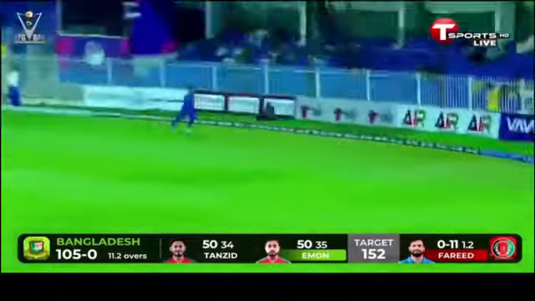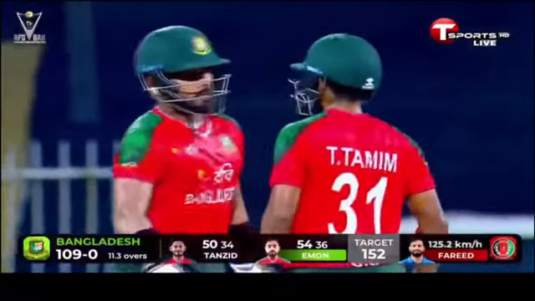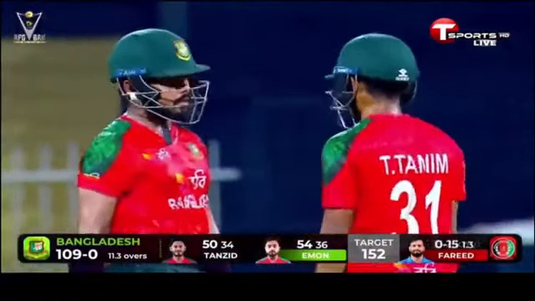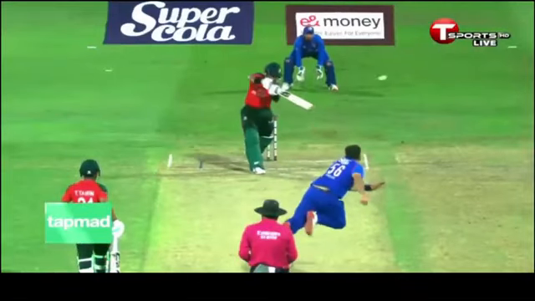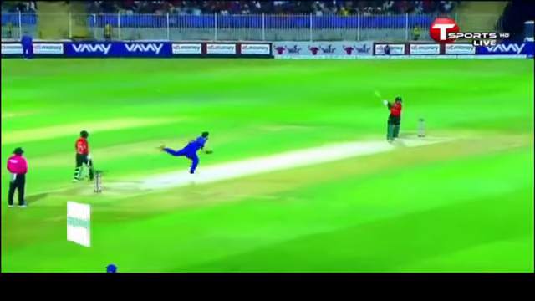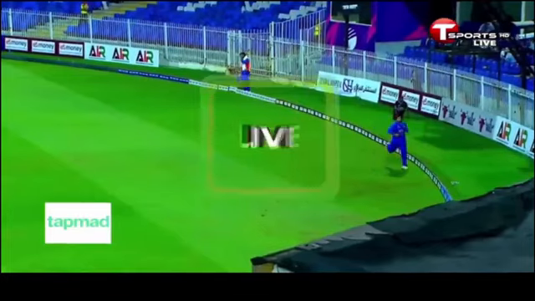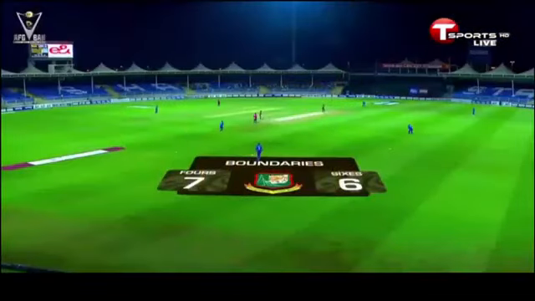Over the top, into the offside, sailing away for 4. Afghanistan hemorrhaging runs. They move past the previous 108 to 109 for their team. What a shot that is! On the offside, and slices this beautifully away from the fielder for 4. Tells you the kind of rhythm they've got themselves into. The required is only 5.06 now.